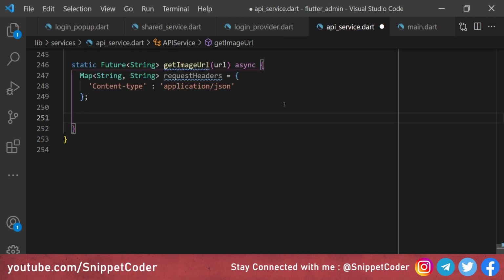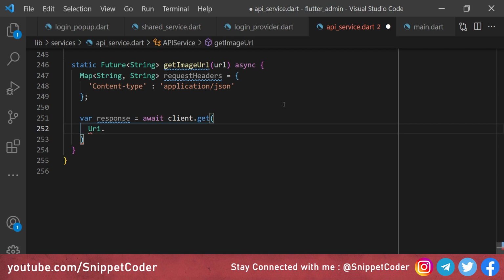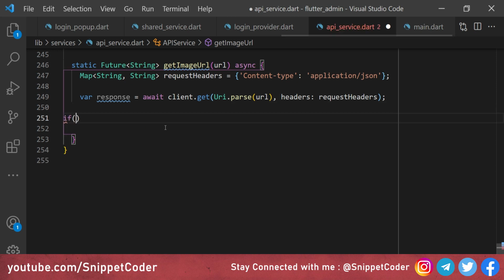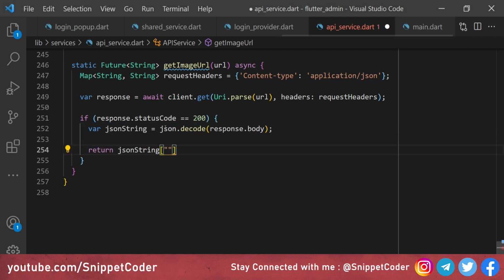application/json. Then we have to create the response here, where response is equal to await client.get, and here we will call Uri.parse, and whatever URL we are getting from that location we have to call here, and then we have to pass headers: requestHeaders. Then we are checking here if response.statusCode is equal to 200. Then we have jsonString is equal to json.decode(response.body), and we are returning here the JSON string, and we are getting source_url from our request. In the else condition we are calling a